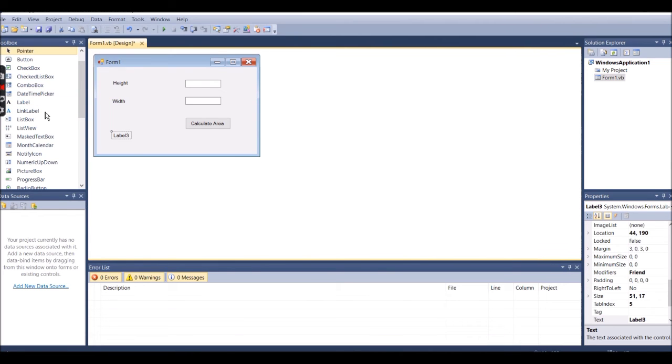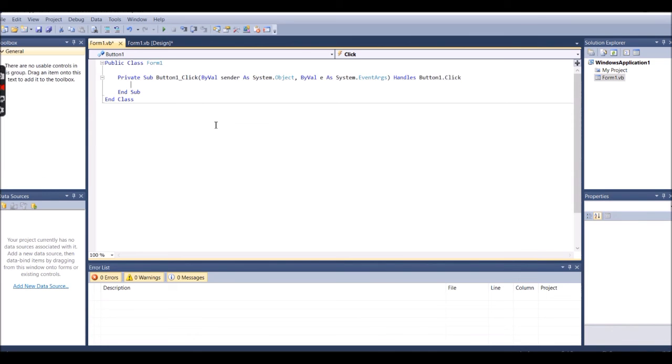It will show you here label 3 and label 4 where you need to show the answer. Now make it in proper proportion. Now here it will show you, calculate the area of the triangle is, after that the answer. But I did not do this one, the text area or the text box. Now after doing this, directly you click on the calculate area.